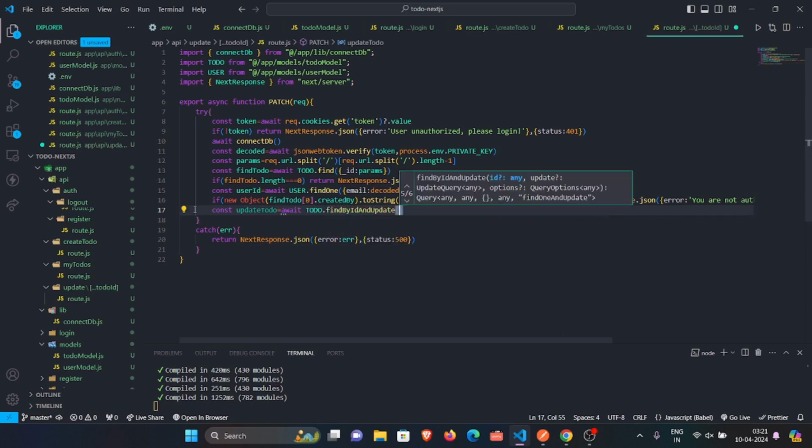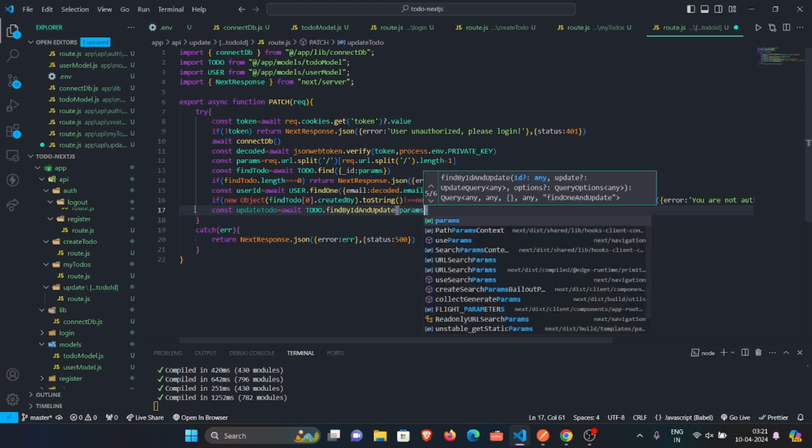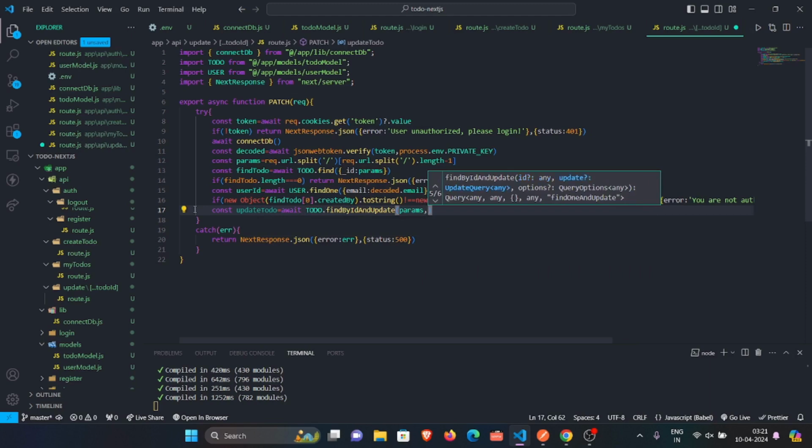Yeah, find by ID and update. And then what we are going to be providing is basically the ID. From where are we getting the ID, right? From the params, we are extracting the ID of the to-do. And here, what we can do is basically we need to set, right? Set the isCompleted, right? So that field is